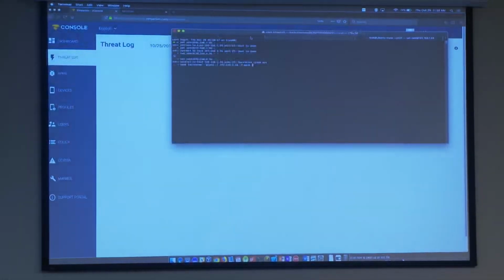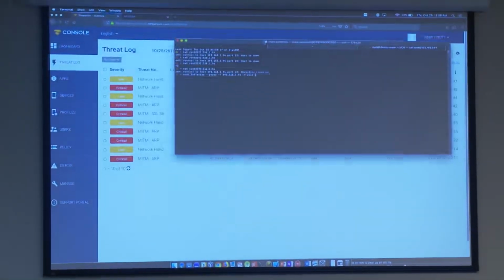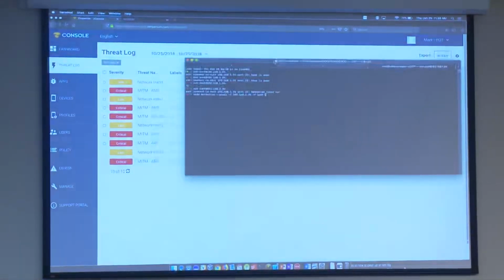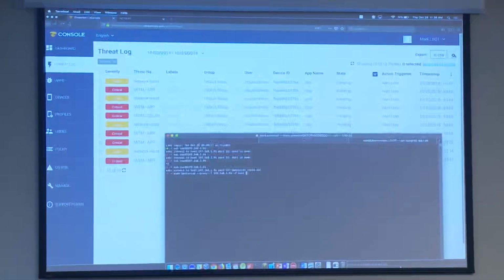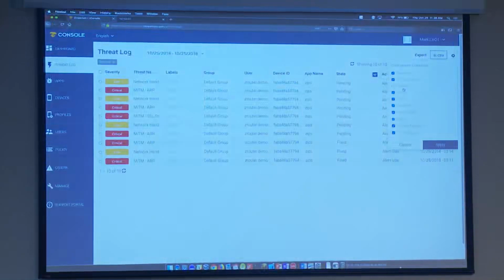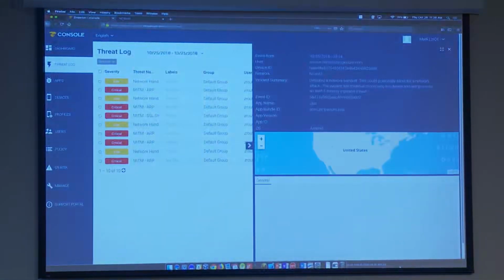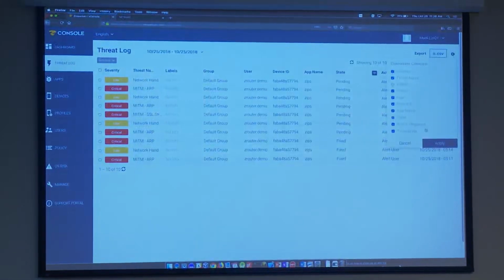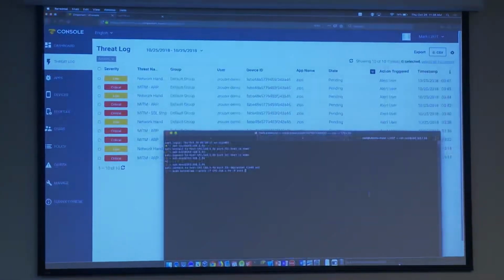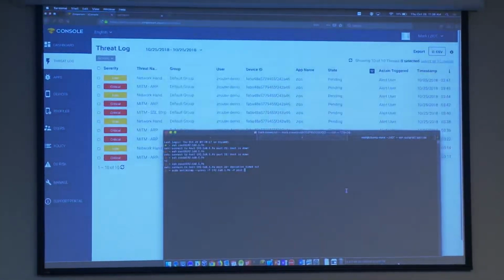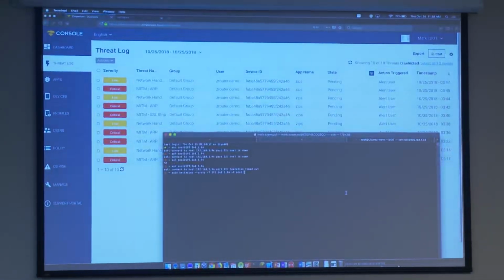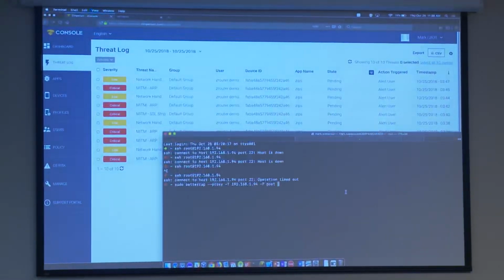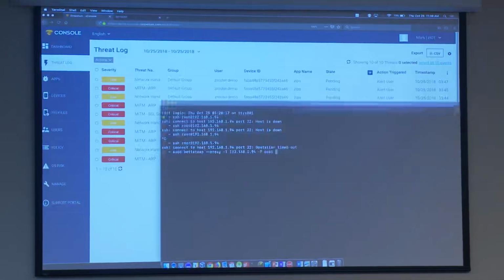I have a couple windows over here that I'll show. Okay, so I've got the BetterCap command right here. Let me expand that, make that larger for everybody.